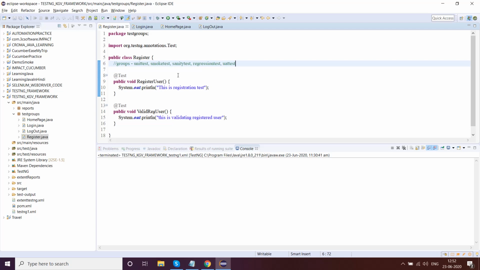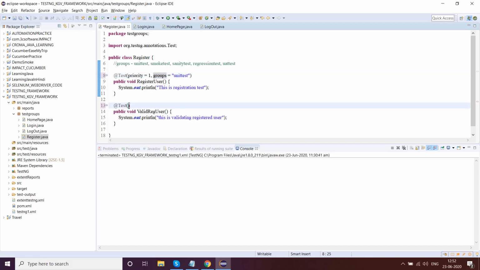So how do you define groups here? In your test case, alongside the test annotation, we will write groups equal to, let's say, unit test. For this particular register user test case, I have unit test as the group, and I'll give this priority equals to 1.